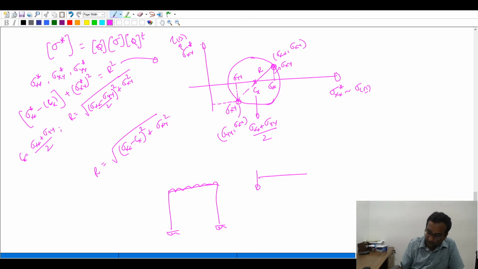There will be a shear force on the beam, and there will be a moment on the beam. So it will be transmitted to the column as an axial force,